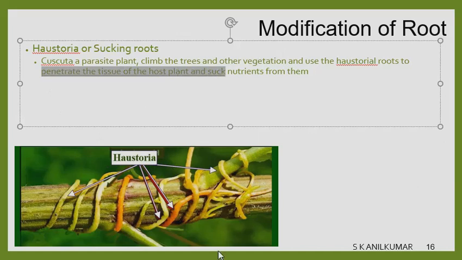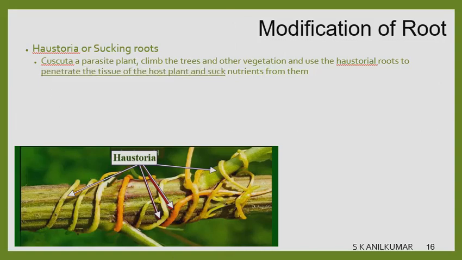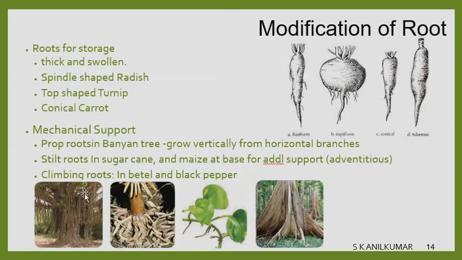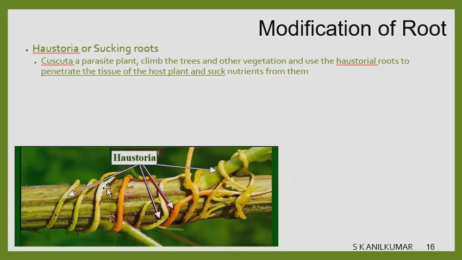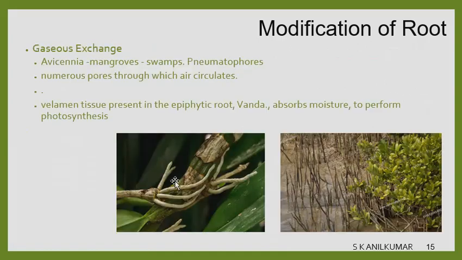Penetrate the tissue of the host and suck. That is the way in which they get their nutrient needs met. So we have either support or aerial roots, adventitious, or we have the tendrils to help climb, or we have storage of food, or we have haustoria which penetrate the tissue and suck, or it comes up to the atmosphere and absorbs the oxygen or moisture